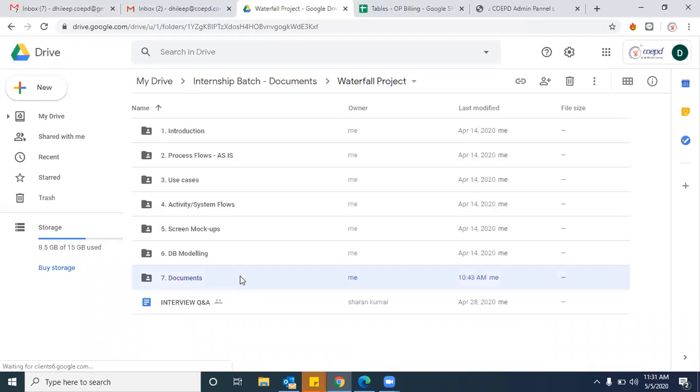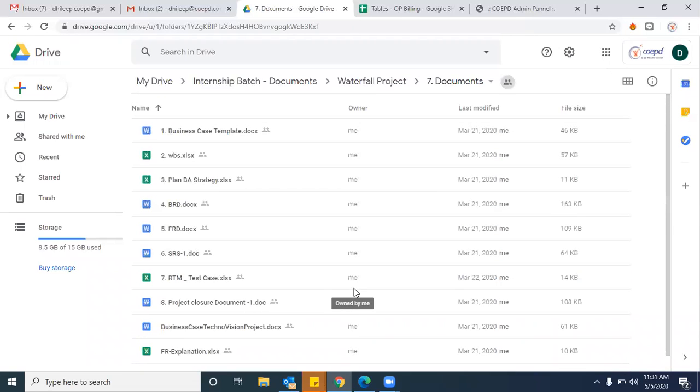Now get into the documentation part, which is a very important thing. It is not that tough, to be fair, for us, because most of the elements of these documents, the BRD and FRD, including RTO, we have already prepared so far. Simply we can move that content here to the BRD, FRD and RTO. We already have use cases, activities, screen mockups, DB models, everything. Even business goals, objectives, assumptions, constraints, everything we have handy.